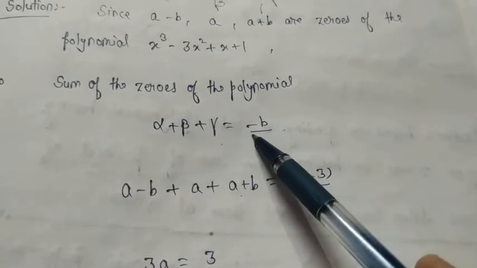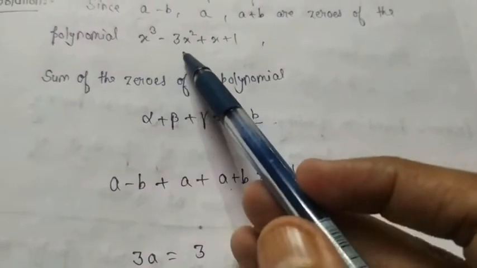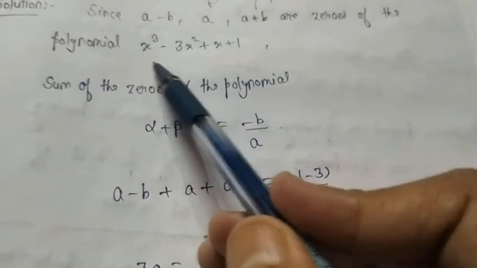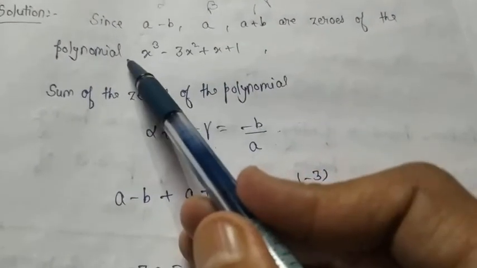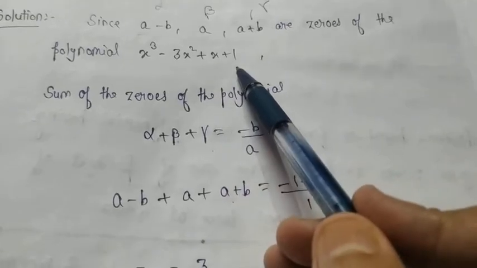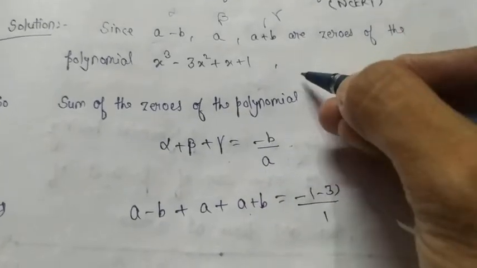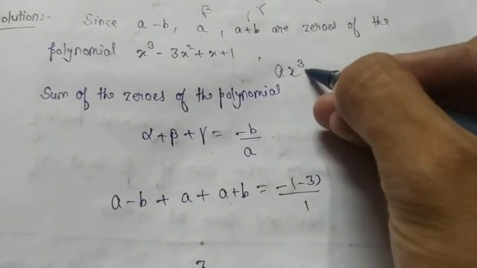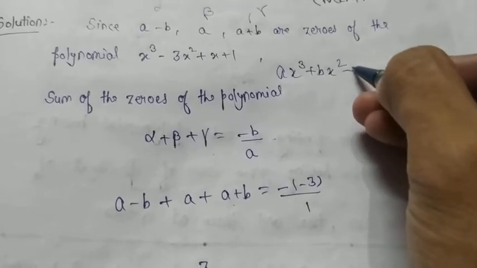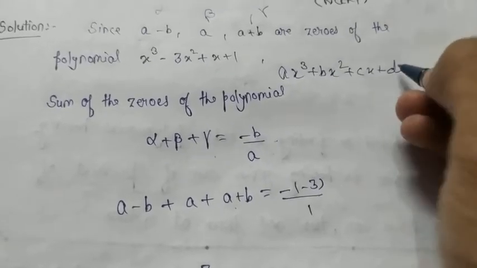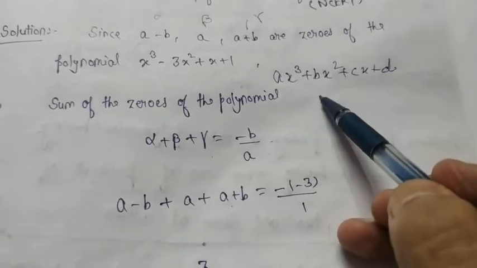And for minus b by a, see what will be the value of a, b here. When you compare it with the general form, here will be a, here will be b, here will be c, here will be d. So when you compare it with ax cube plus bx square plus cx plus d, the value of b will become